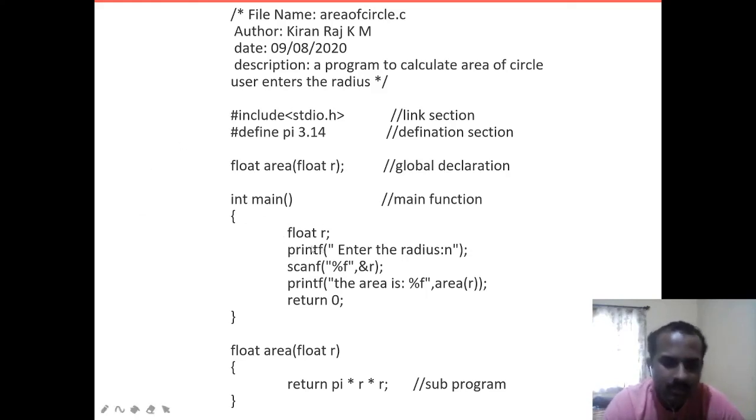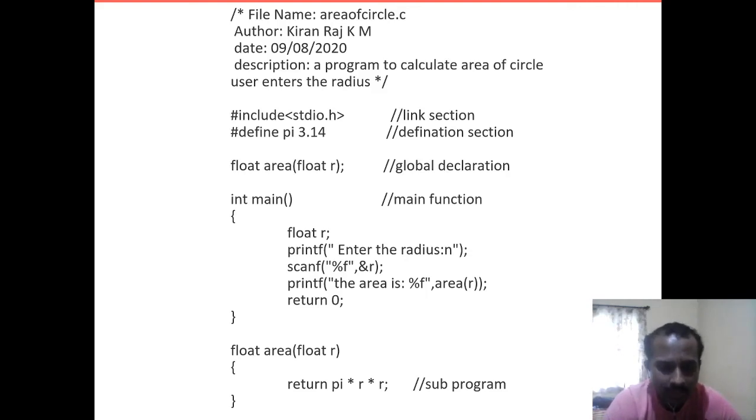Then comes the subfunction or subprogram. A subprogram is again not compulsory, but depending on the circumstances we can use it. In the subfunction, we are calculating the area of the circle.